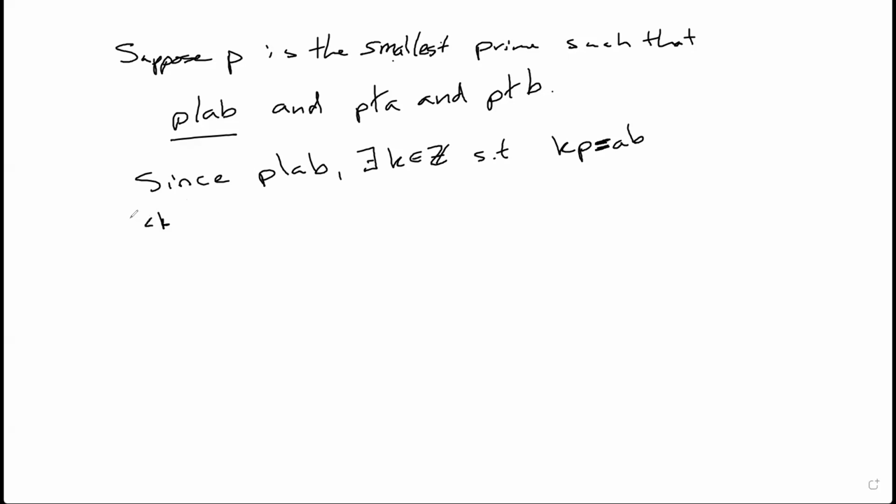We know that K has to be between 1 and P, because otherwise AB is bigger, then we're going to have a problem. So it's clear that this has to be true, since K times P is equal to AB. Otherwise, P is bigger than the product, and that doesn't make any sense. So, because it can't divide them, by definition, we have to do this. And then in addition to this, we